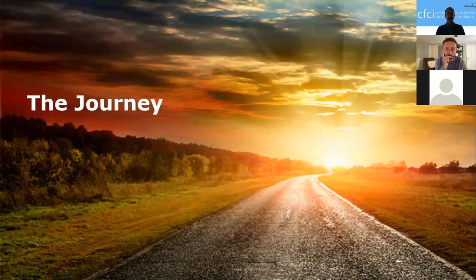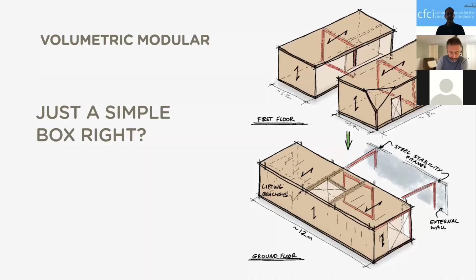But actually getting from the start of that to the end of that was quite a long journey. I think about 4 years in general. So that was a long road ahead of us. And it started off, we thought, really quite simple. You know, volumetric modular, it's just a simple box, right? And that's what I certainly started off thinking at the time. This is probably one of the first sketches that we put together, and I thought, you know, nailed it. We've got the design in one place. It evolved a little bit beyond then, but not massively different.